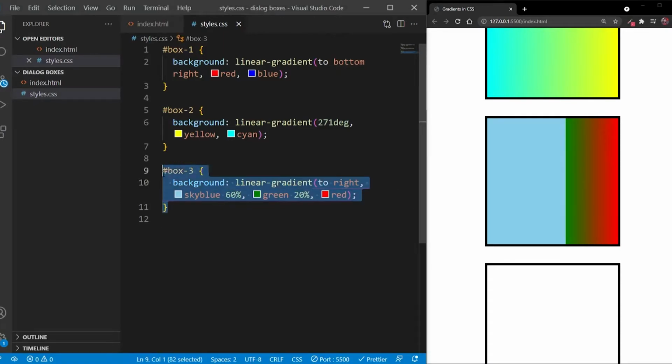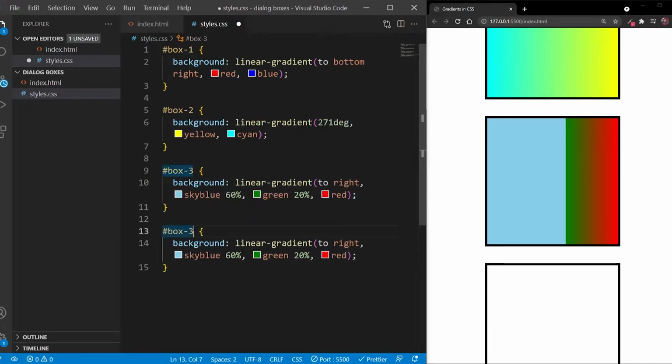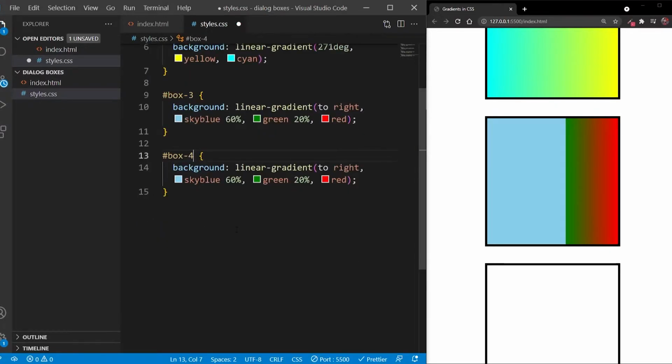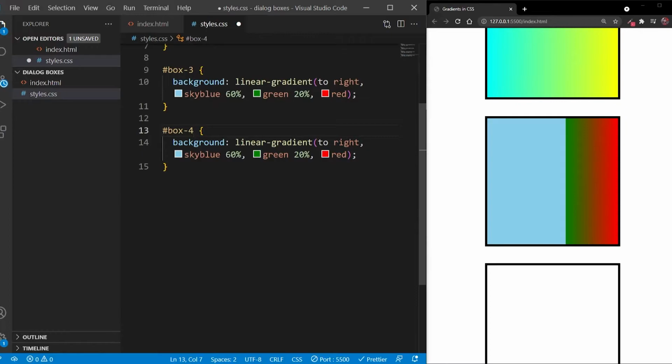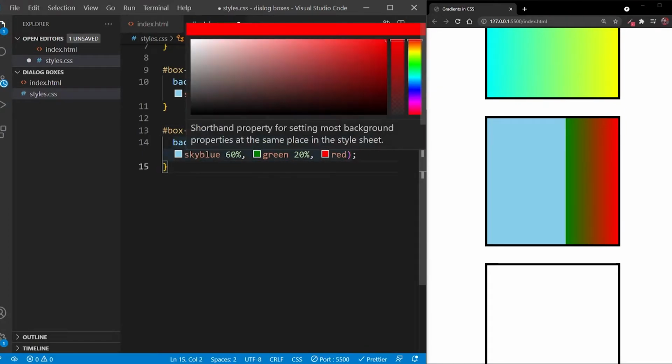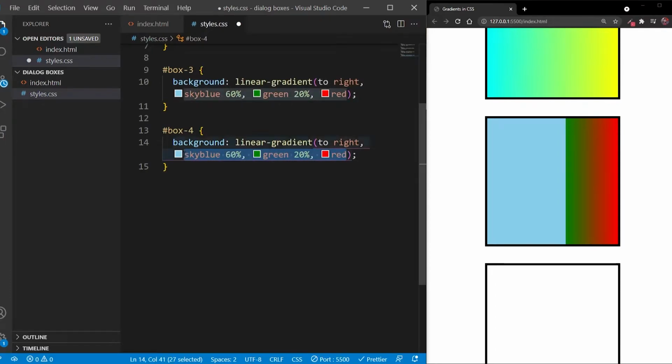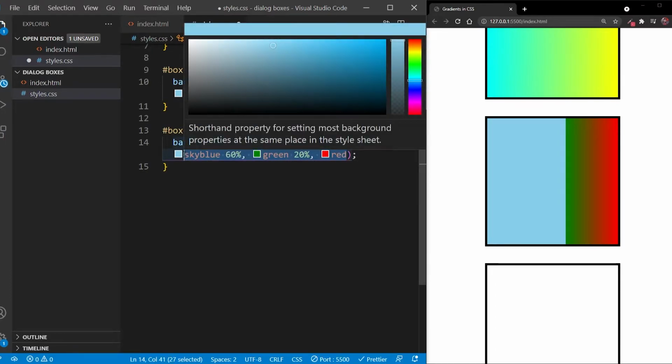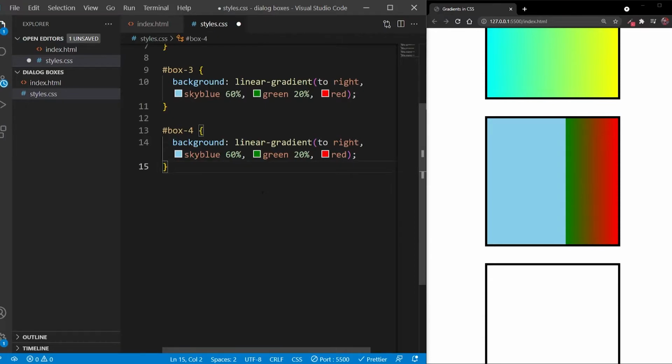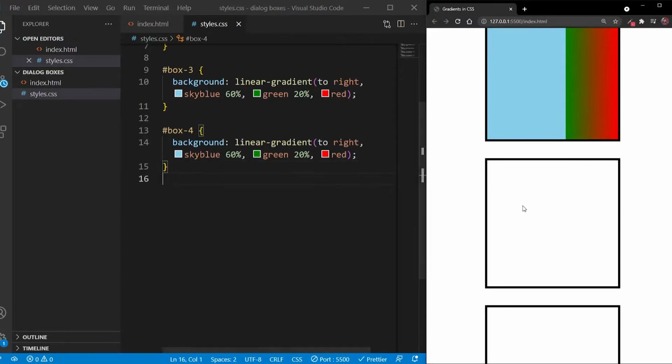Now let's take another example for the div 4. And for that, let me show you that you are not just limited to using direct color names. You can use RGB values. So for that, I will just paste an RGB color value. So let's move to our fourth div first.